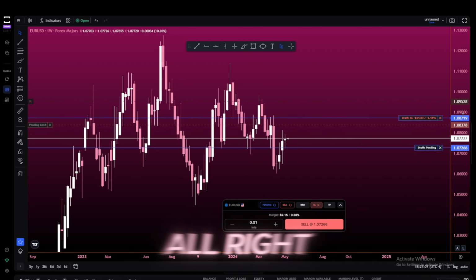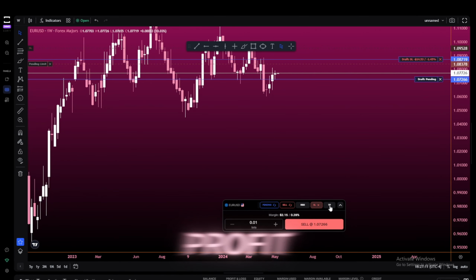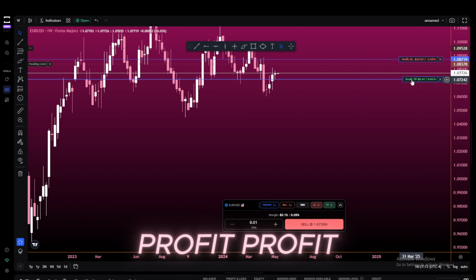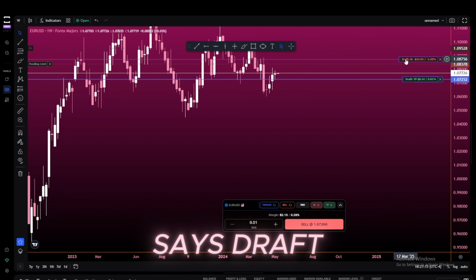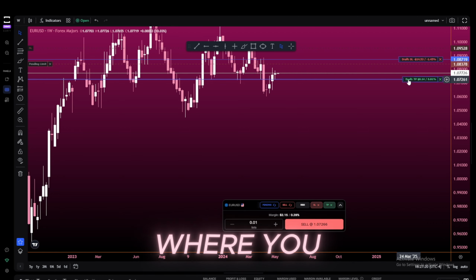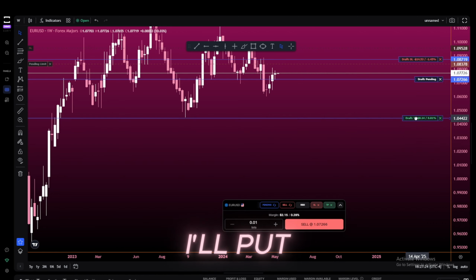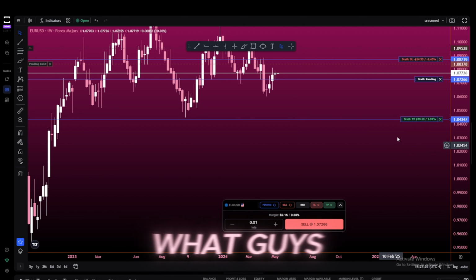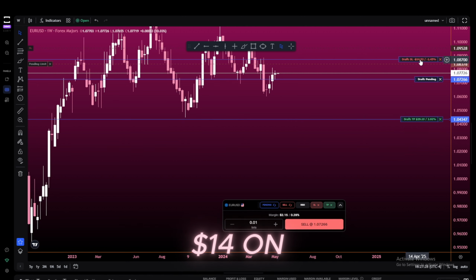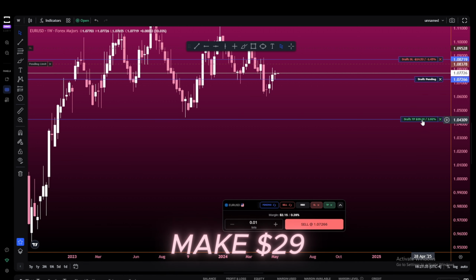Of course I didn't show you guys this one in the sell limit, but now if you hit take profit, look, take profit shows up, and notice how it says draft before each one. So that's how you know you're in a situation where you can maneuver or move these around. So here it is. I'll put our take profit right here, and guess what guys, it tells you you're going to lose $14 on this, and that's 1.5% of your capital. You're going to make $29, and that's